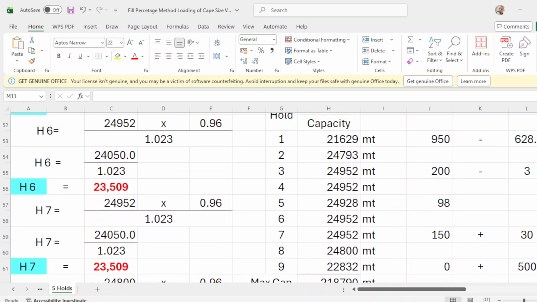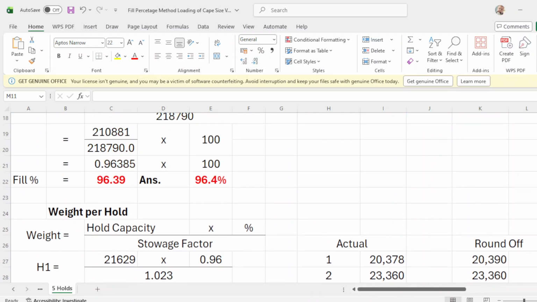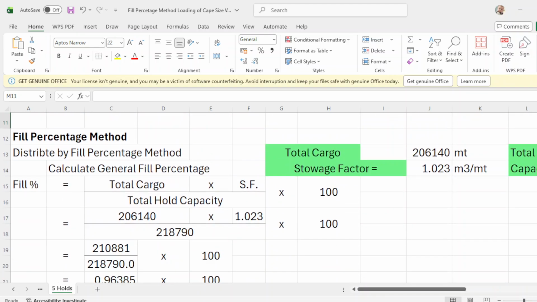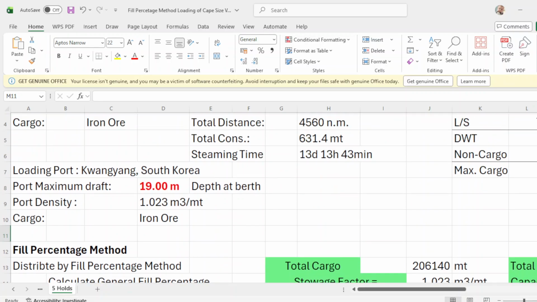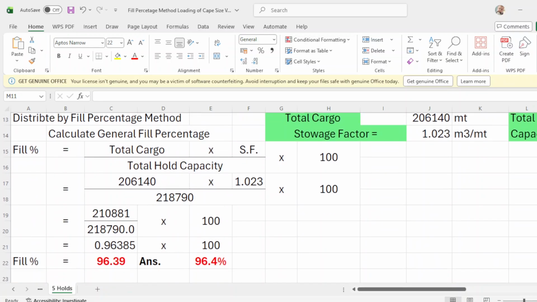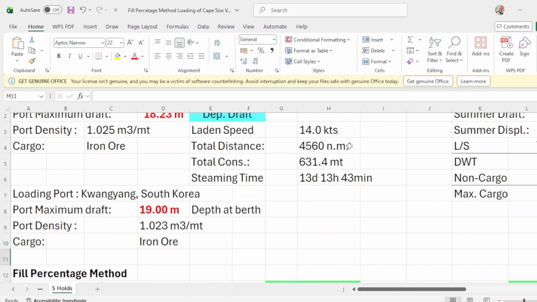Okay, so that is 218,790 times the storage factor. Let's just make this 1.023, for example.